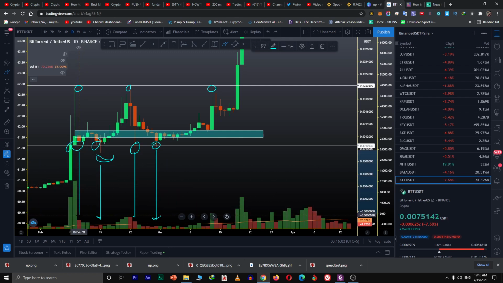This was the first test. So you see, low volume, rejection, low volume, rejection. Okay, got it. Now here we had strong volume, but it was the first time, that's why it rejected from this level. Okay, the second time the volume was great, but again at the very next candle, you see here why